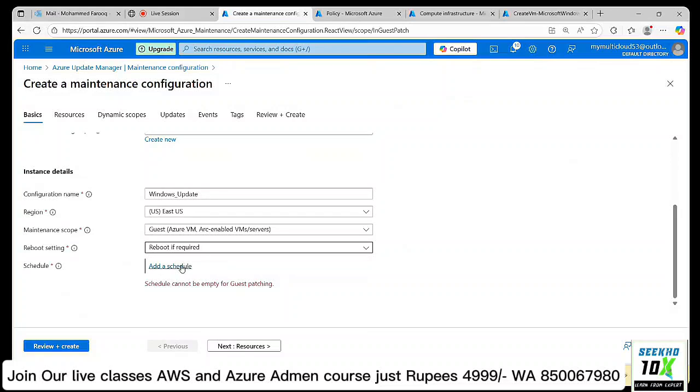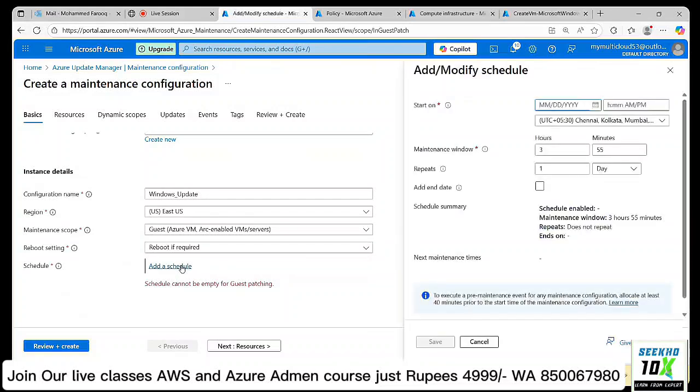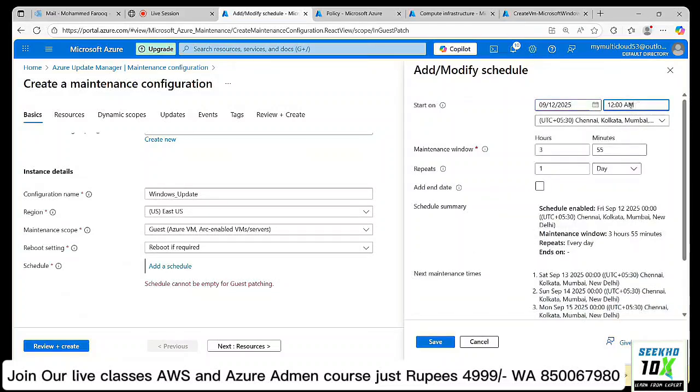Now I need to select my schedule for when I want to schedule my patches. So I will create an add schedule. Here you need to mention the date and time. I will use today's date itself, and instead of 12 a.m. I will be using around